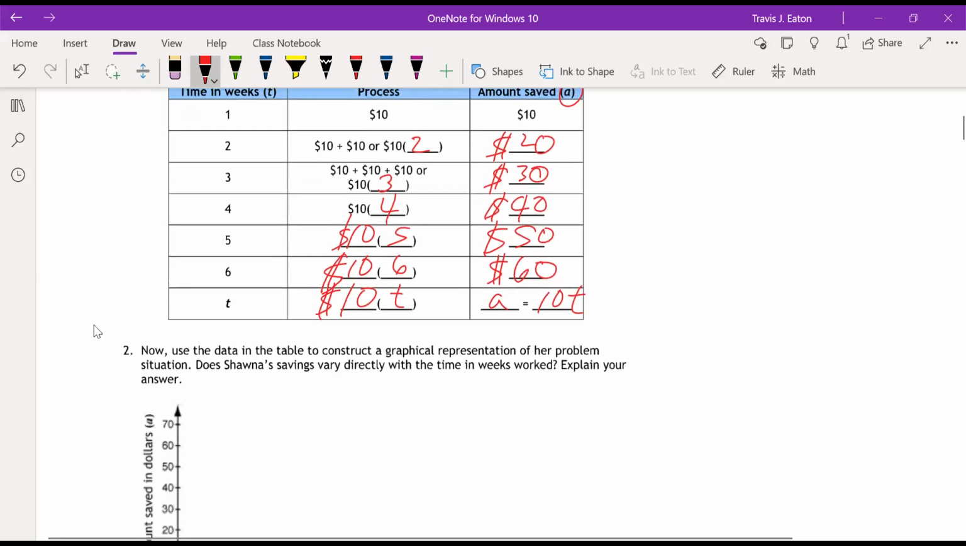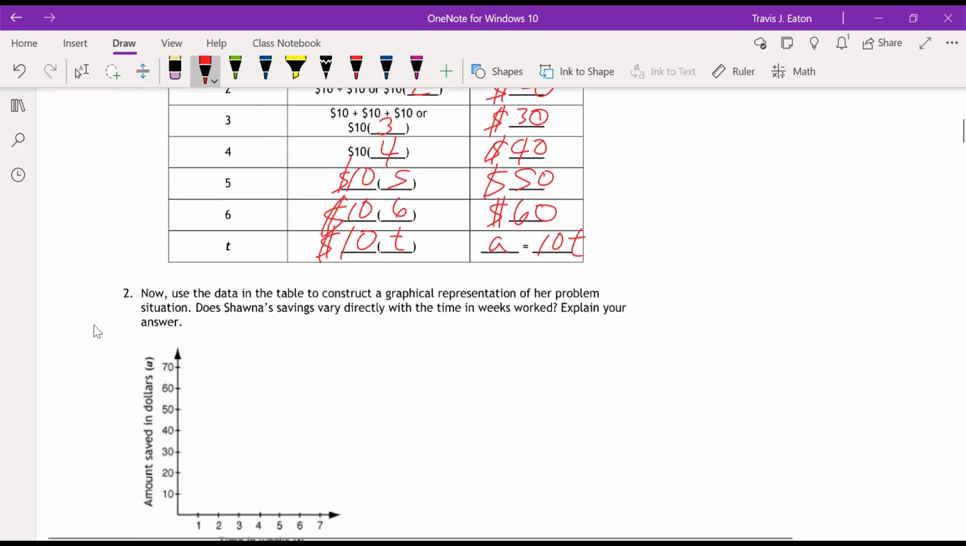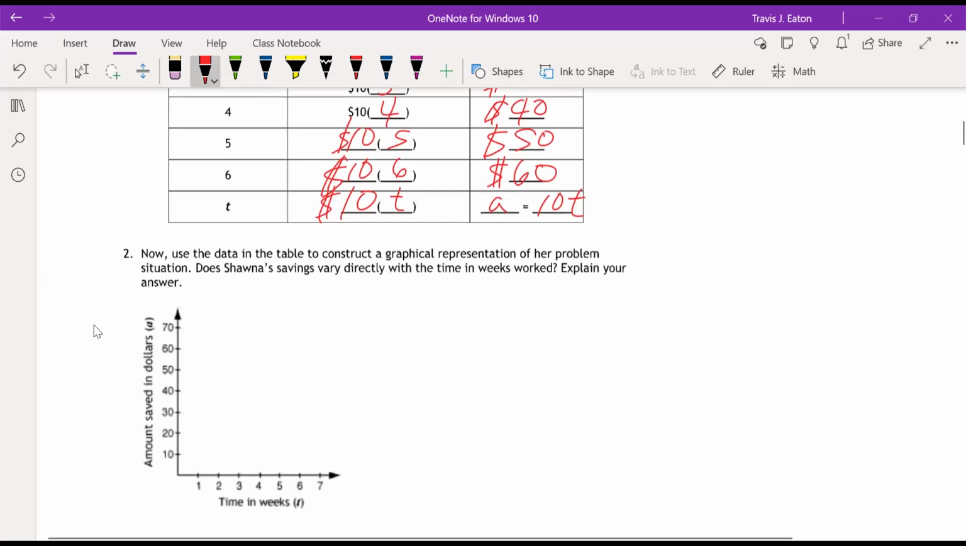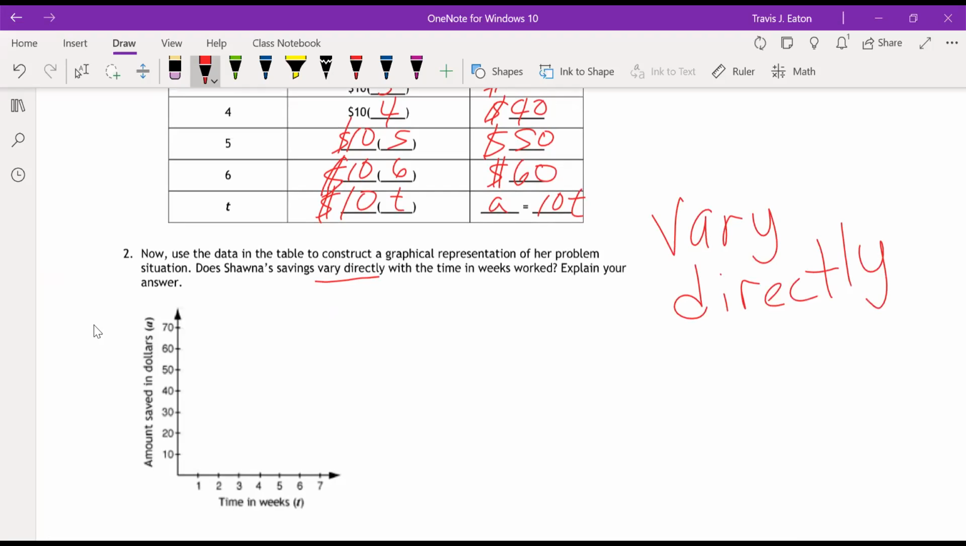Now, we are going to use the data from this table to construct a graphical representation of her problem situation. Does Shauna's savings vary directly with the time in weeks worked? And what does it mean for something to vary directly? Vary directly. That's a fun thing to say. Remember, varying directly means that there is a constant of proportionality, which means that there is a proportional relationship